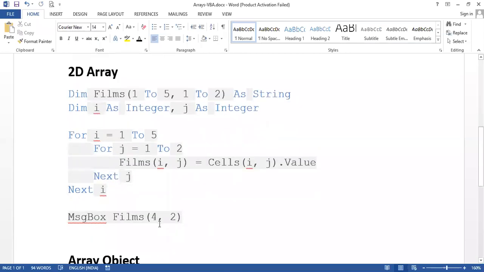When you are accessing, again if you want to display all the values individually, like you want to iterate the complete array and display the values in a message box, you can use for loops once again and display in the message box. Here we want to just simply give a row 4 and column 2 value. So we want to access and display only that. That's what we have done here.